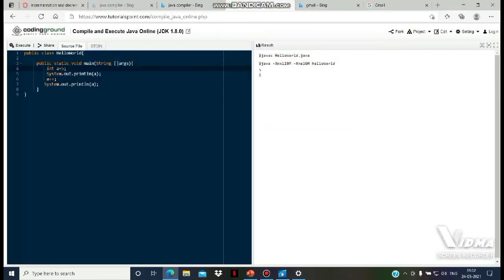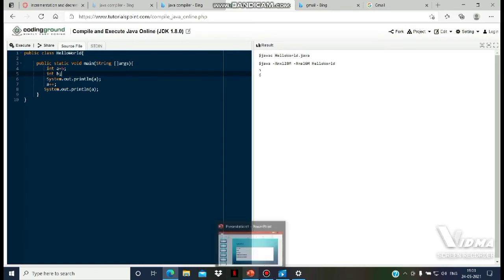a equal to 5, int b, and next b equal to plus plus a.